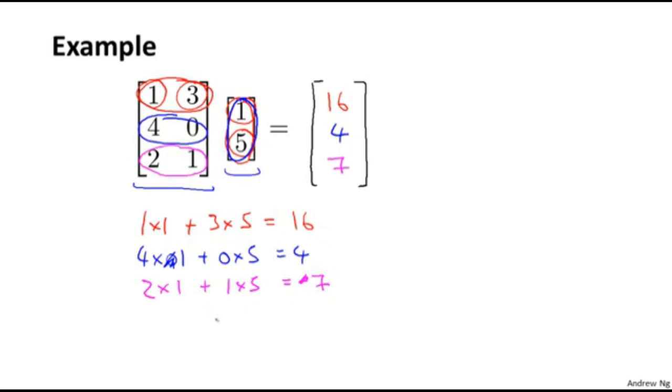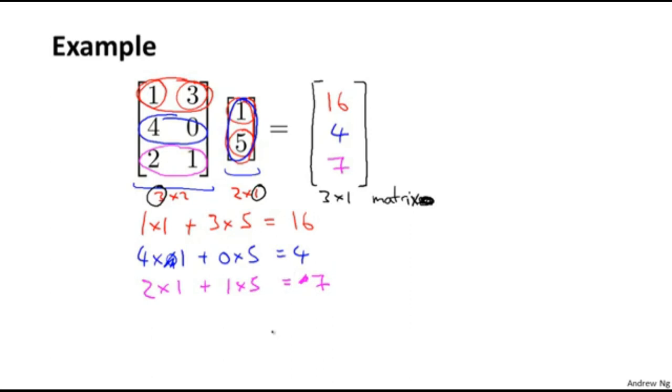Okay? And it turns out that the result of multiplying a 3 by 2 matrix by a 2 by 1 matrix, which is also just a two-dimensional vector, is going to be a 3 by 1 matrix. So that's why I get a 3 by 1 matrix. In other words, a 3 by 1 matrix is just a three-dimensional vector. So I realized that I did that pretty quickly, and you're probably not sure if you can repeat this process yourself, but let's look in more detail at what just happened and what this process of multiplying a matrix by